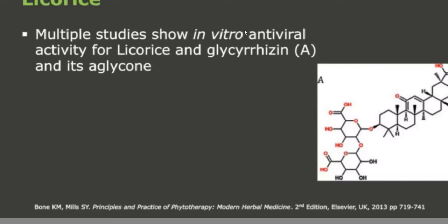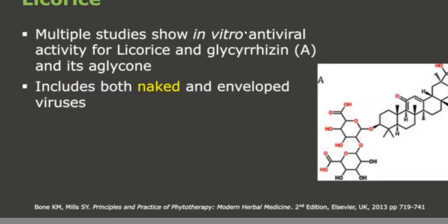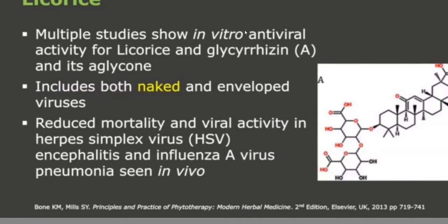But then later research showed the aglycone was active, and also the aglycone gets conjugated. And those conjugated forms are also active, like glycyrrhizin itself, because they resemble glycyrrhizin, because often glucuronic acid is added back in phase 1, phase 2 conjugation by the liver. It's active in both naked and envelope viruses. And one example, against herpes simplex virus, and another against influenza A virus was seen in animal models. So it is clinically relevant as an antiviral activity. And don't forget, after astragalus, it was number 2 in those traditional Chinese preparations for